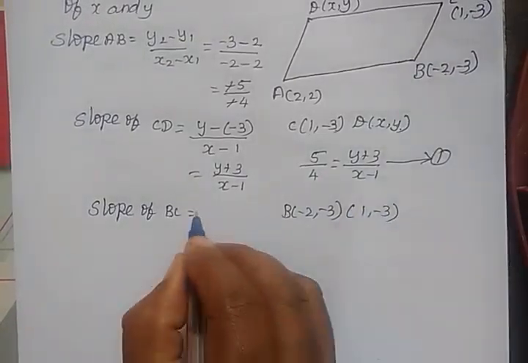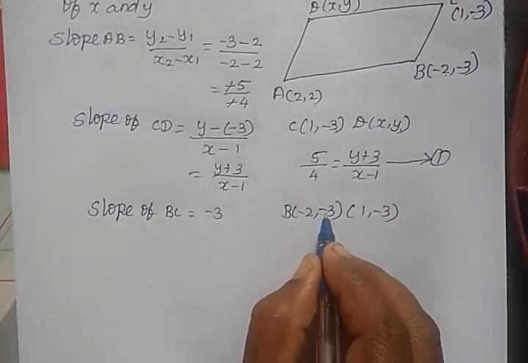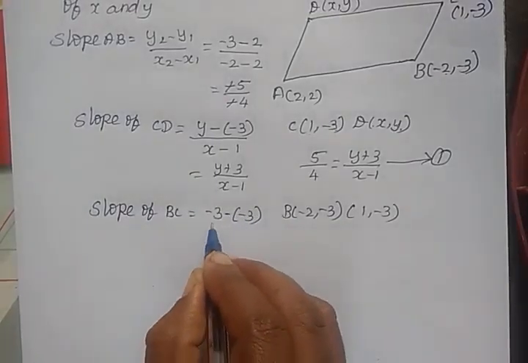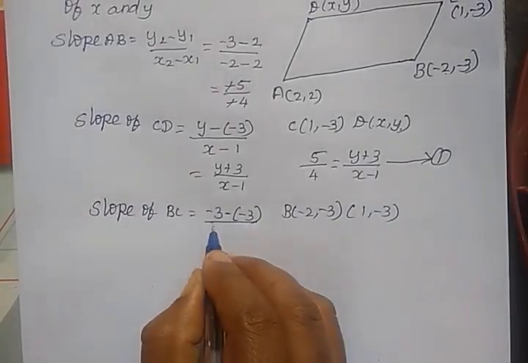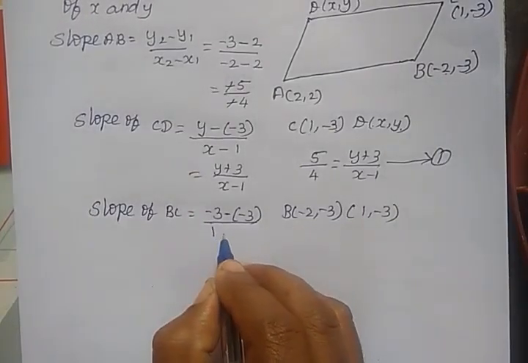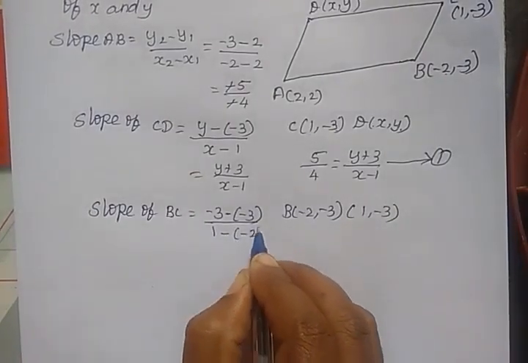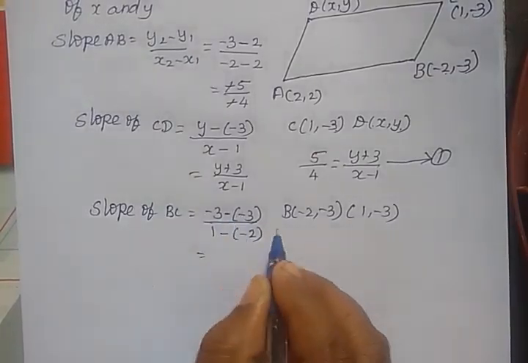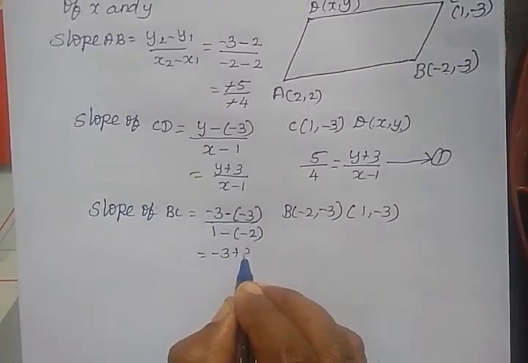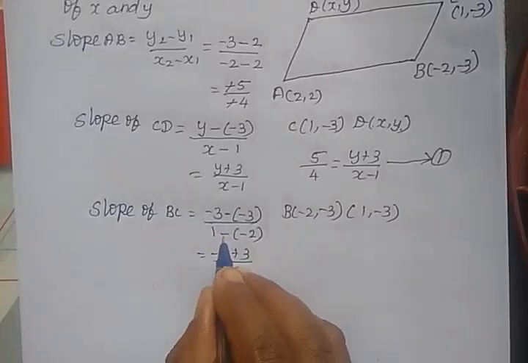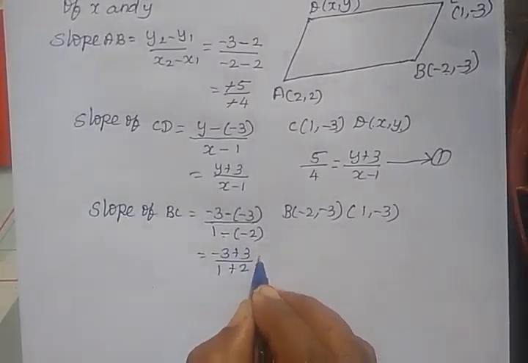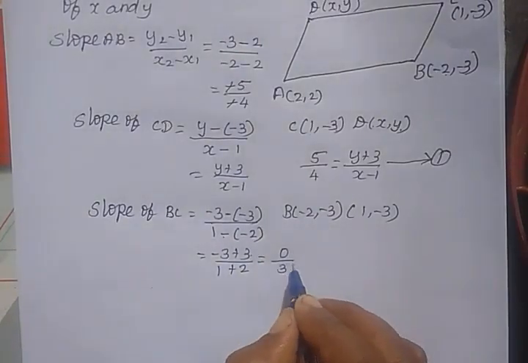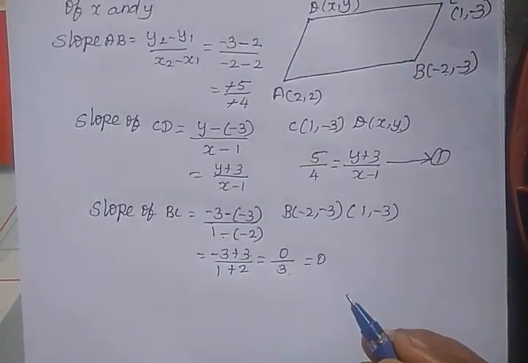Here y2 is -3, y1 is 3, that is -3 minus 3, by x2 is 1, x1 is -2. So that is -3 minus 3, by 1 minus of -2, plus 2. So that is equal to -6 by 3...